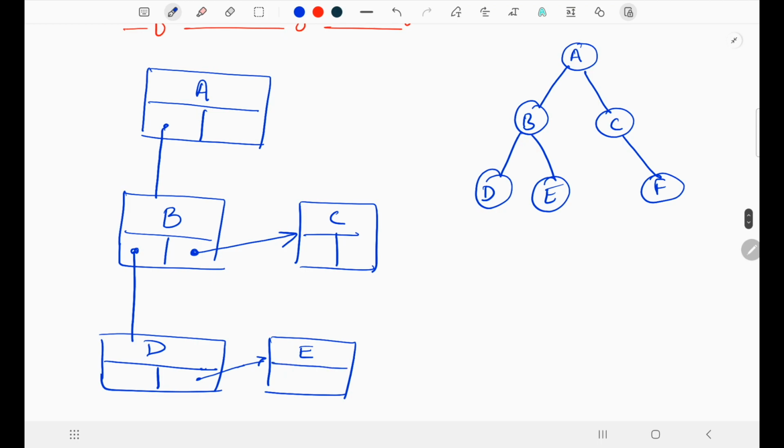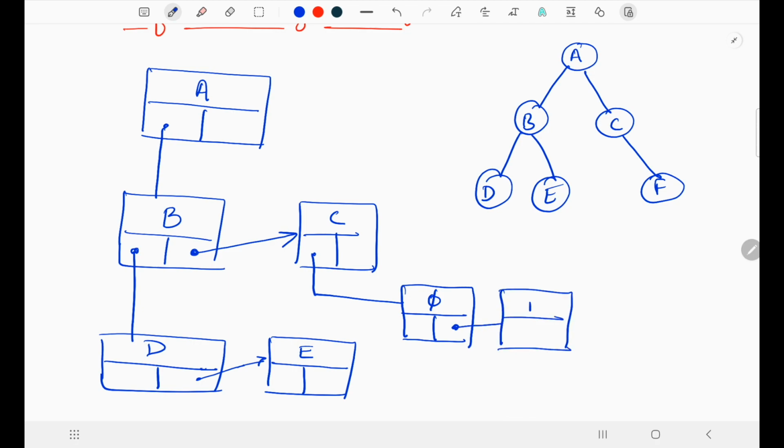E's sibling: nothing. E has no children, so leave it. Now C has one child, F. So from here it points to the left child. The left child is nothing, no left child, but it has the sibling of F. So now F will not, so I can say this one is null